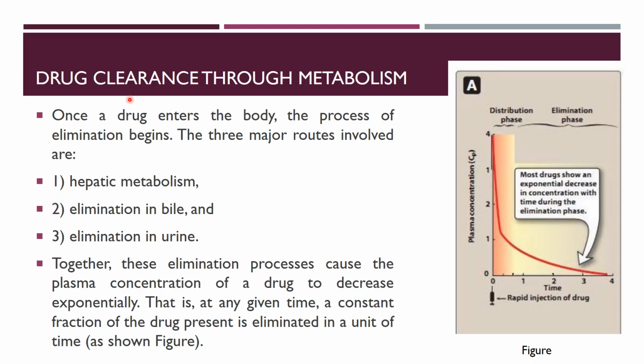Okay, let's start. Drug clearance through metabolism. Once a drug enters the body, the process of elimination begins. The three major routes involved are hepatic metabolism, elimination in bile, and elimination in urine. Together, these elimination processes cause the plasma concentration of a drug to decrease exponentially. That is, at any given time, a constant fraction of the drug present is eliminated in a unit of time,